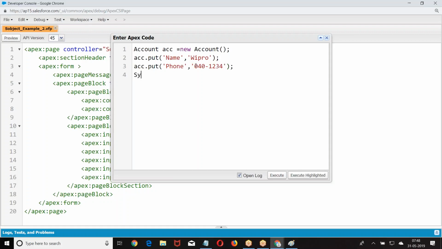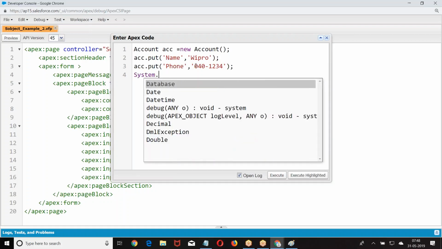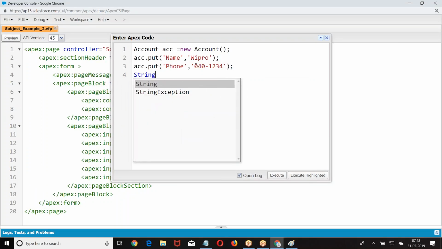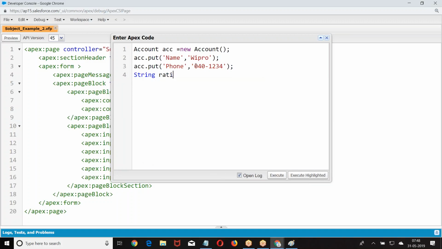So I gave this. Let me print it now. Put.